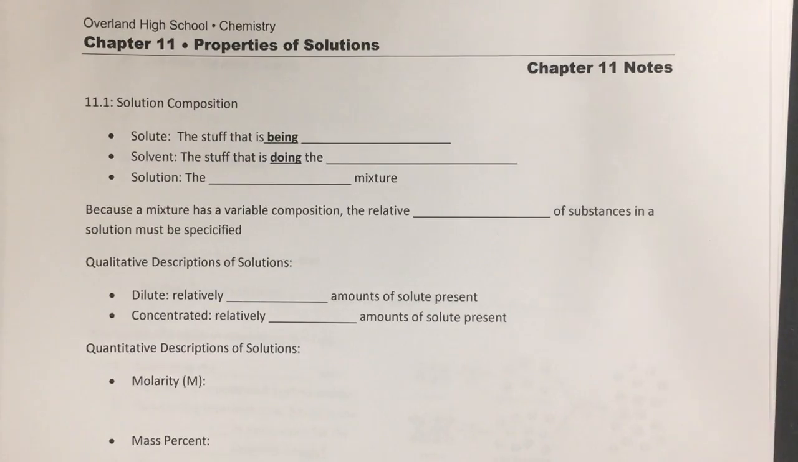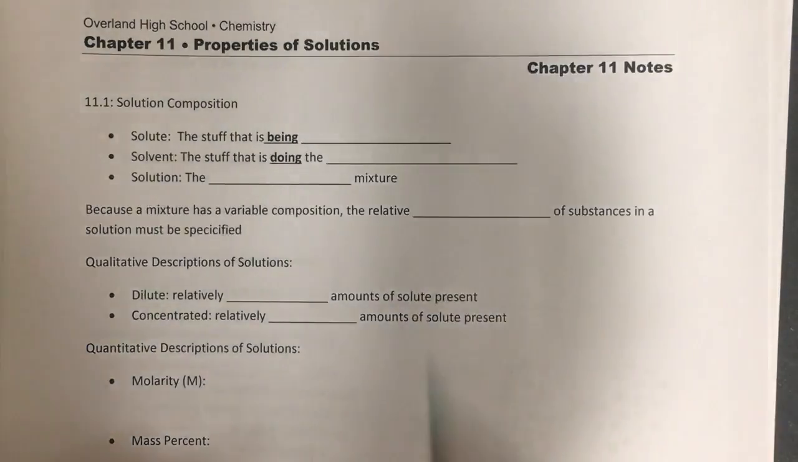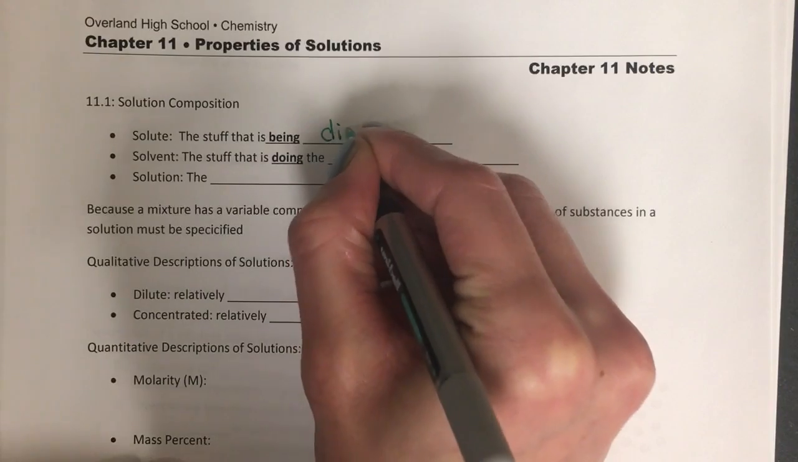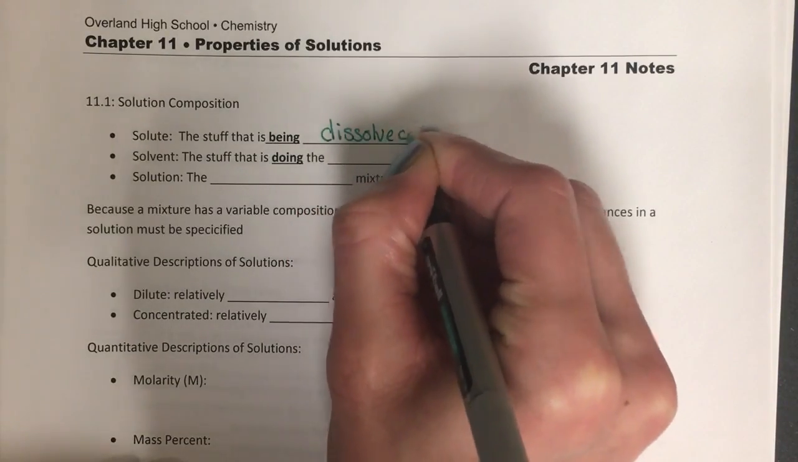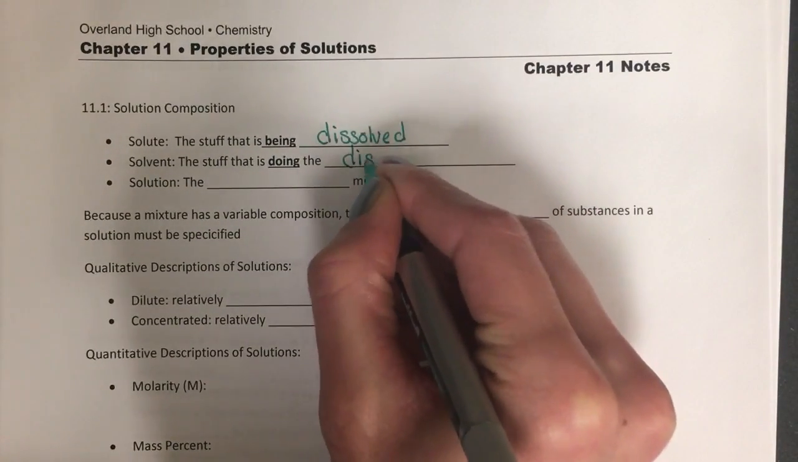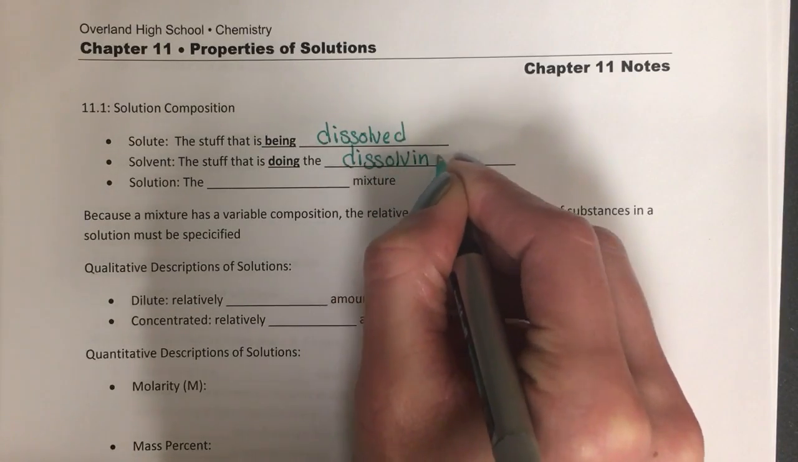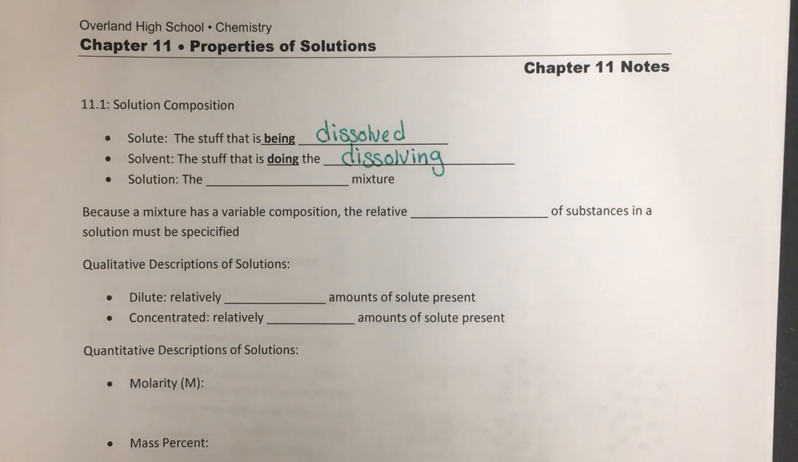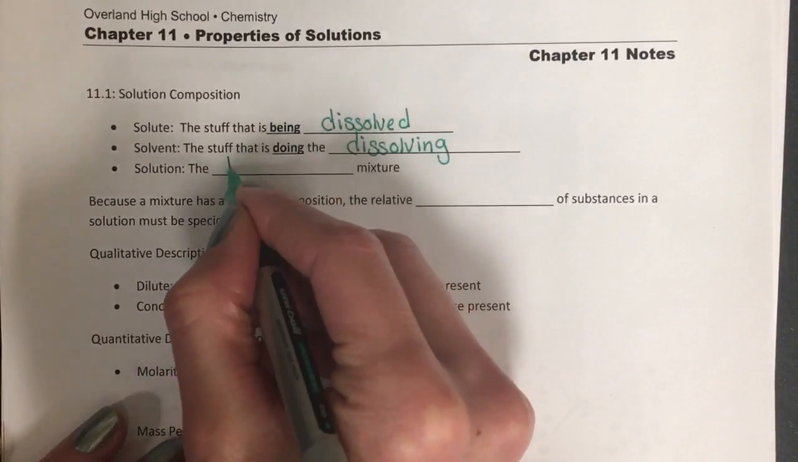The first one is solute. Now the solute is the stuff that is being dissolved. So for example, if I was looking at salt water, the salt is being dissolved, it is my solute. The solvent is the stuff that is doing the dissolving. So again, if I'm looking at salt water, the water is what is dissolving the salt, so it is my solvent. The solution is my homogeneous